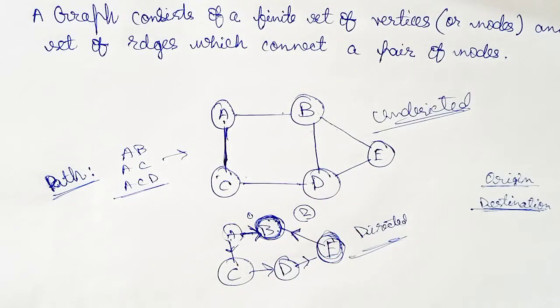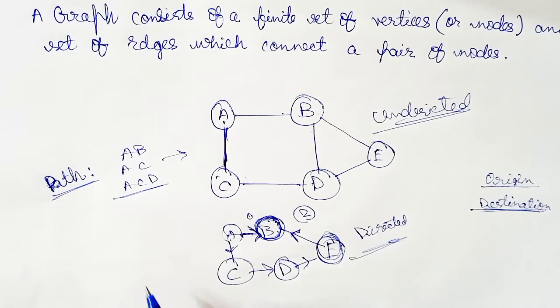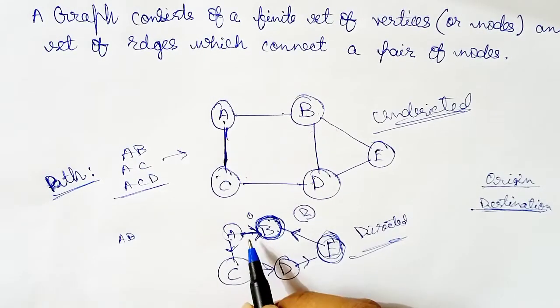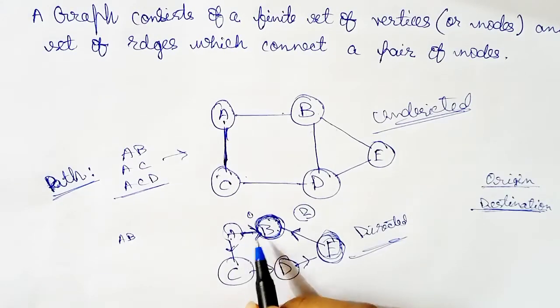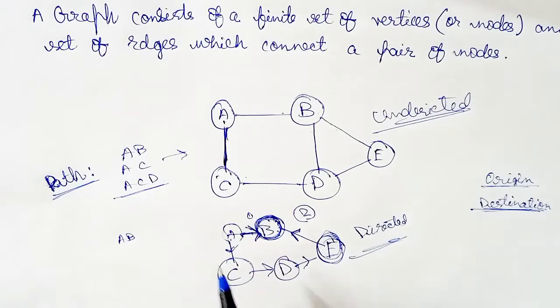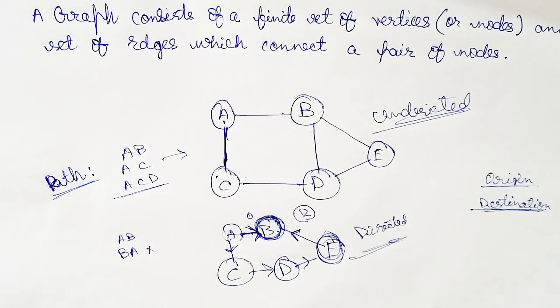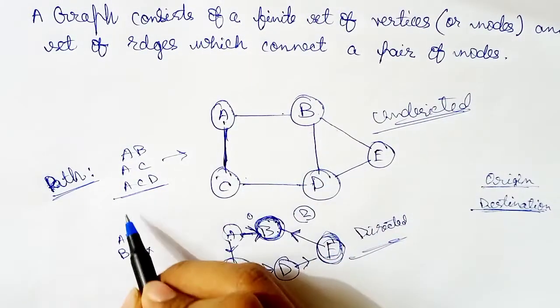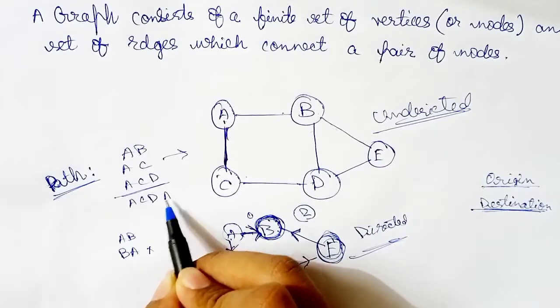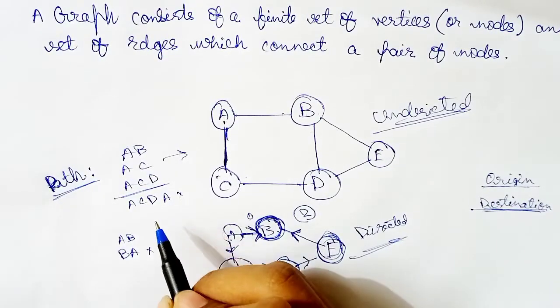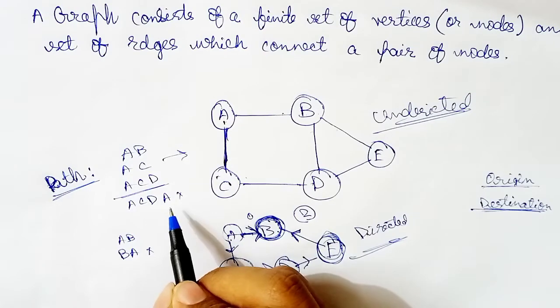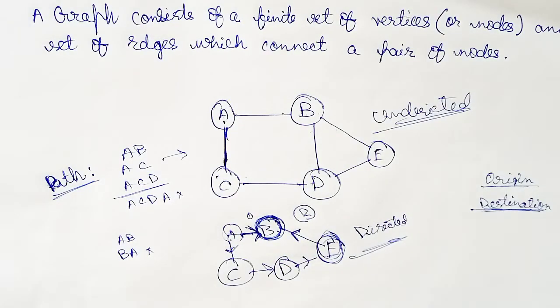But what will be some examples in the directed one? AB would be a path here, because you can see that we are moving from A to B and the direction given is on this side, but we cannot write BA as a path. We have to be very careful in this, because we have to look at the direction to which that edge is pointing. Only then can we decide that it's a path. Another point to note is that in this undirected graph, A, C, D, A won't be a path because we have to keep everything distinct. If this gets repeated, then it won't be a path.